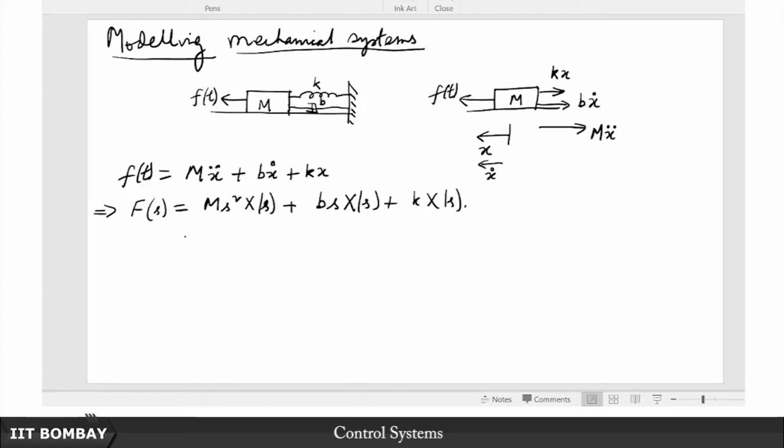Now immediately notice something very interesting. If I pull out this X(s) times s, which is essentially nothing but the Laplace transform of velocity, because we know that when you are taking the derivative of a term in the time domain, it is the same as multiplying the term by s in the Laplace domain. So if I am taking the velocity out common, then what I have here is this,